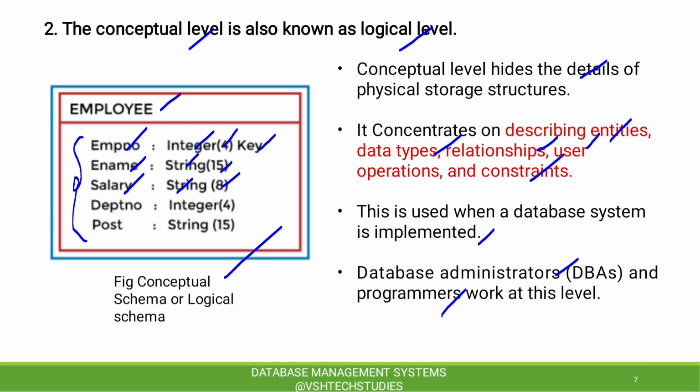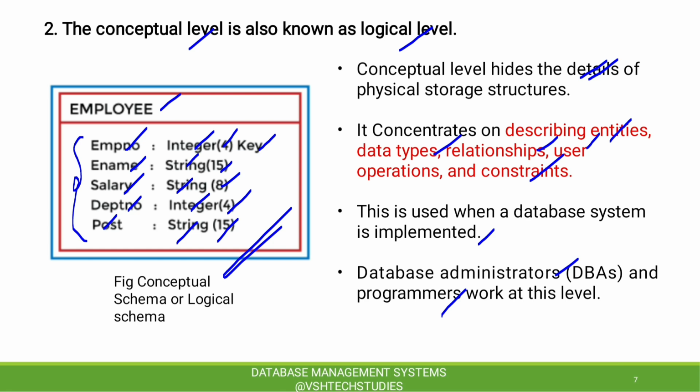The DPTNO column stores integer data and its length is 4 bytes. The Post column stores string type data and its length is 15 bytes. This kind of description is called conceptual schema or logical schema, which hides the details of physical